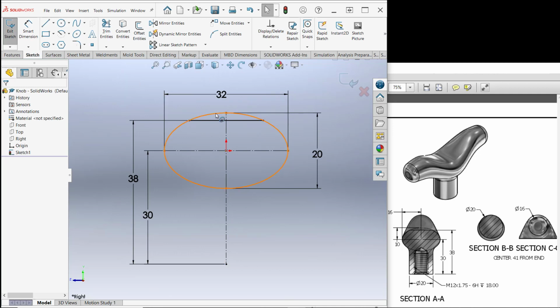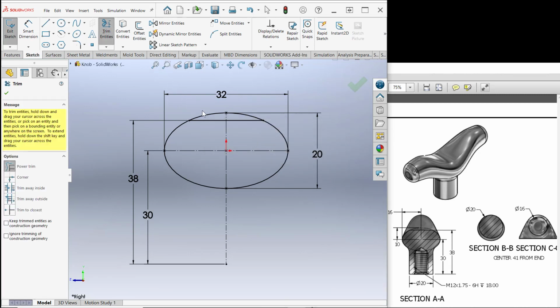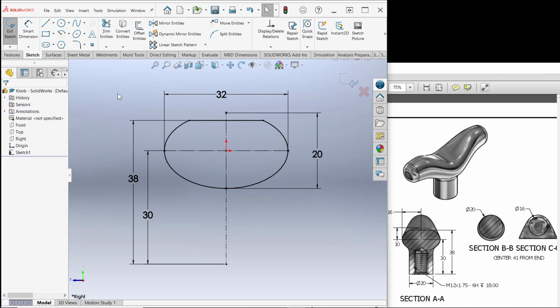I'm going to trim off this top portion of the ellipse and hope that it remains fully constrained. So I'm going to do trim, and I'm going to trim off this portion, and I'm going to trim off this portion. And it did stay fully constrained. If it didn't stay fully constrained, I would start dragging endpoints and see what I needed to do in order to get it fully constrained. I'm going to finish that sketch,